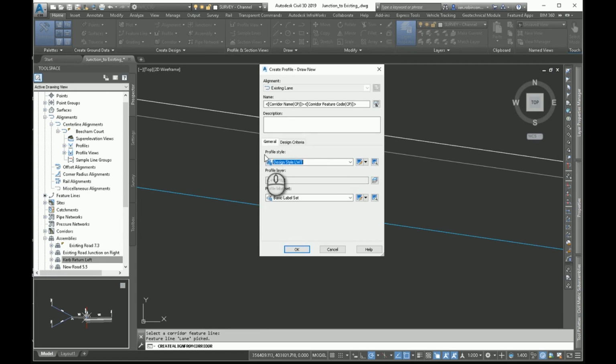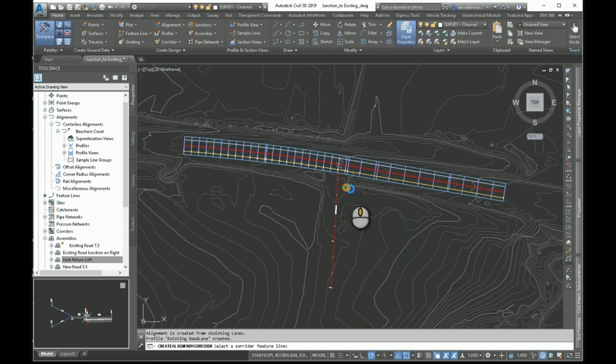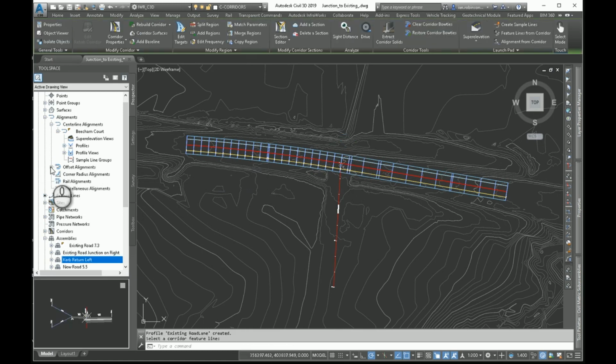There's the profile, and we'll do it as design style, that's fine. Basic label set, that's fine. I'm okay with that. Okay, so what we have now, if we have a look at our alignments, if we go to just finish that command. There we are. If we go to our offset alignments, we have an existing lane alignment and it has a profile on it,